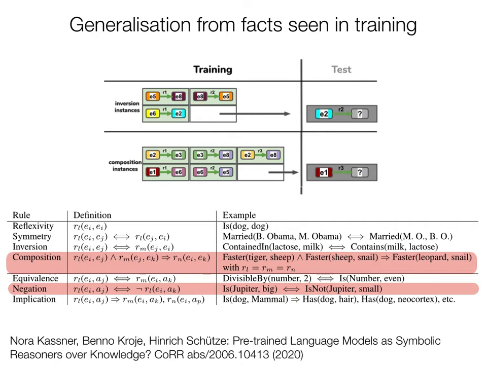Now, of course, reasoning can mean different things. Here in this first example, what is analyzed is whether the language model can compute logical consequences of factual information it has seen during training. For this experiment, a synthetic corpus, a synthetic collection of text documents, was generated where, for example, a particular relation